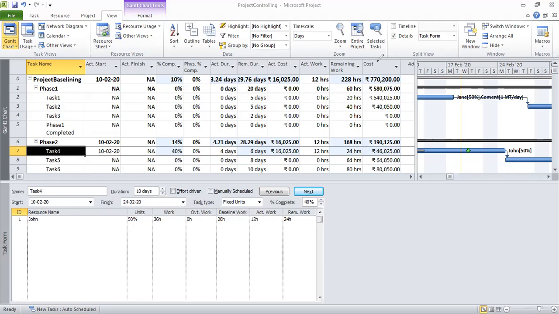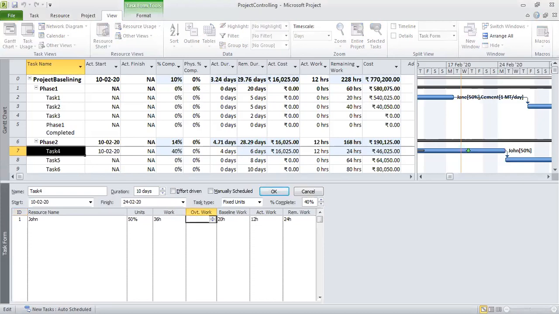So let us say that John works overtime for 2 hours every day, and he works 6 hours in total of overtime. Or let us make it 8 hours. So I increase the overtime here.